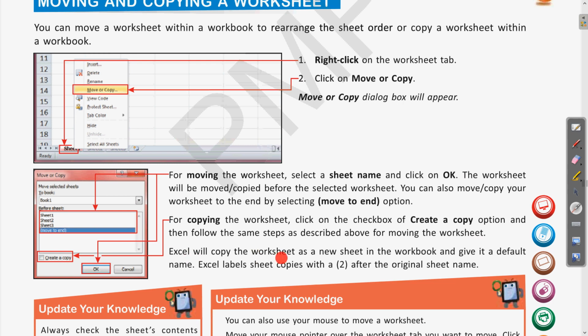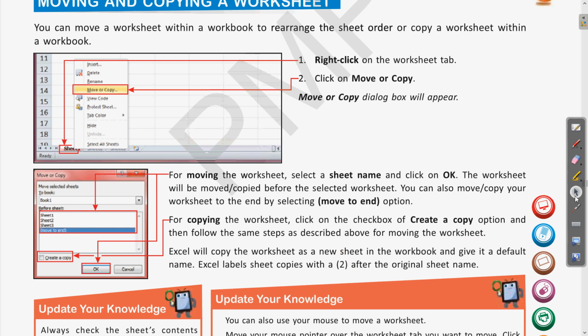So Excel will create a copy of that worksheet as a new sheet in the workbook and give it a default name. Excel labels sheet copies with 2 after the original sheet name. So if you are creating a copy of any of these sheets, by default the same name with the number 2 will be displayed there.